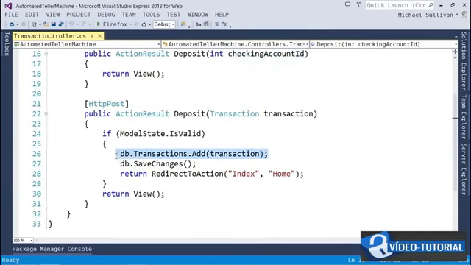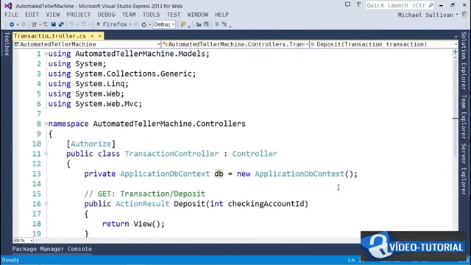In order to do that, I'm going to make some changes to this controller's understanding of what the DB member is that we defined up here. Instead of telling it that DB is going to be an instance of application DB context, I'm going to tell it that it'll just be an instance of some class that implements an interface called IApplicationDbContext. This may connect to real data in a database or fake in-memory data, and we'll define that interface in a